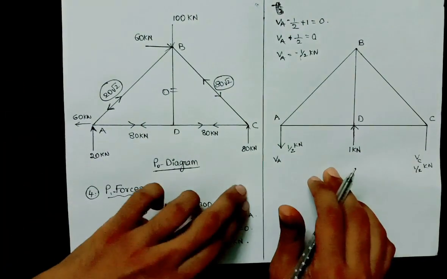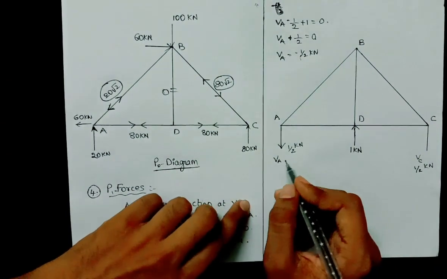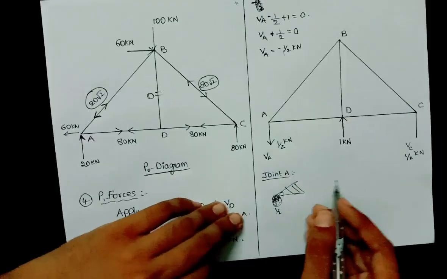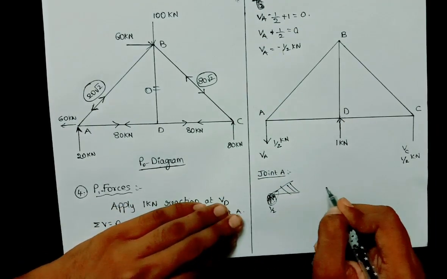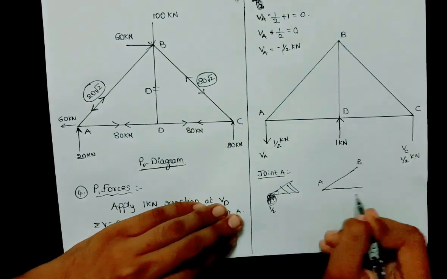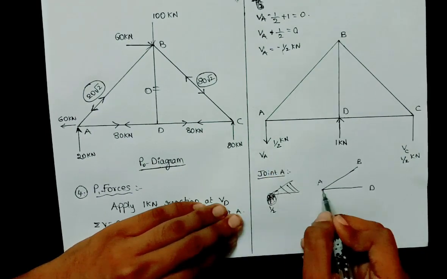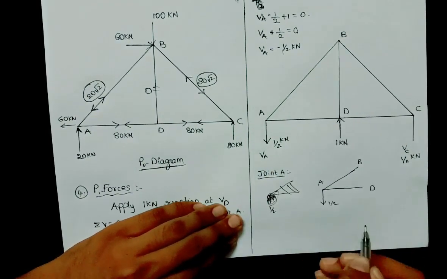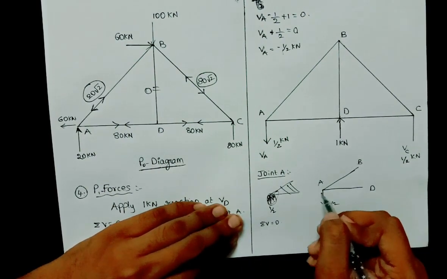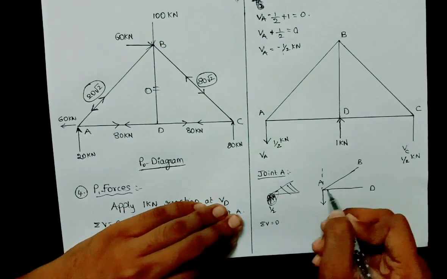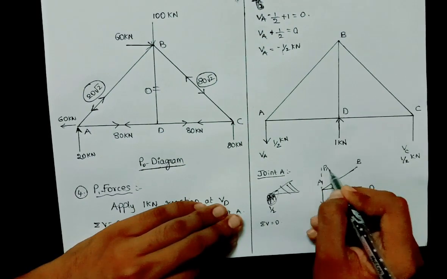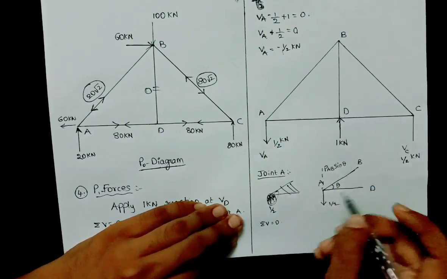Now again by using the method of joints, we will calculate the forces in each member. So I am considering joint A. I will draw the free body diagram here. These are the members we have at joint A. This is A, this is B, and this is D. This half kilonewton is acting in downward direction, 1 by 2. Now at this joint I am applying sigma V equal to 0. When applying sigma V equal to 0, I should resolve this AB member vertically. If this is theta, then it will be PAB sin theta. So what is the direction?